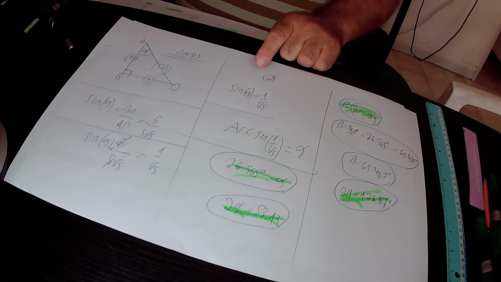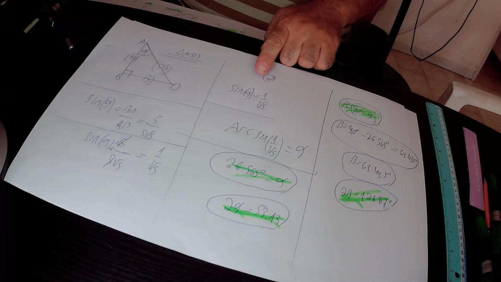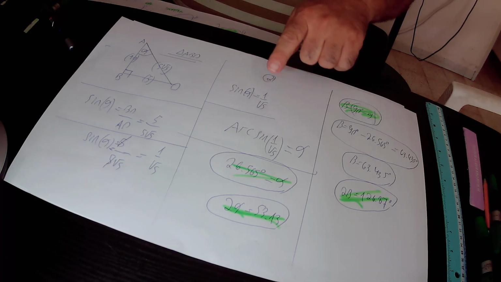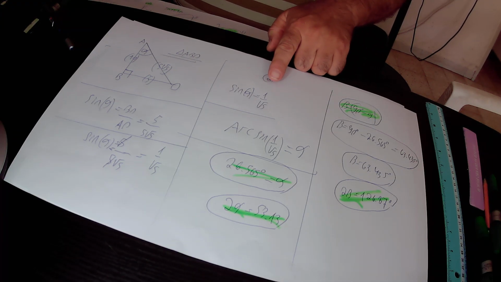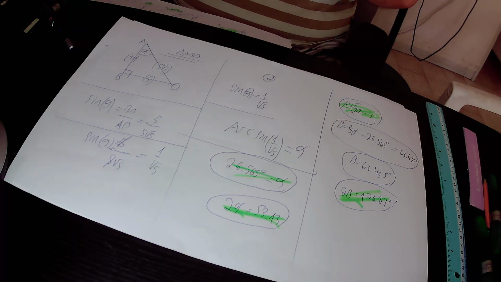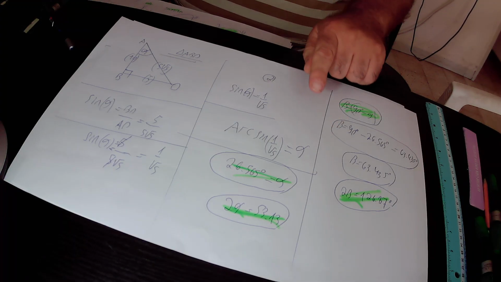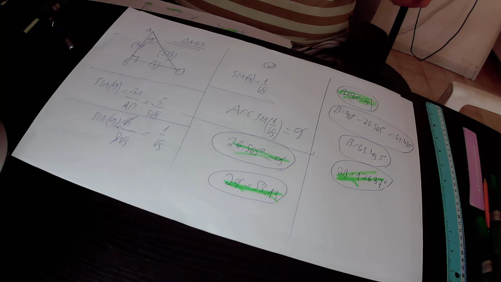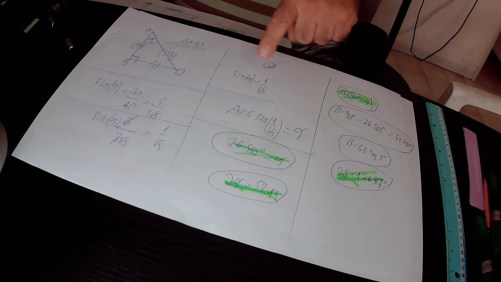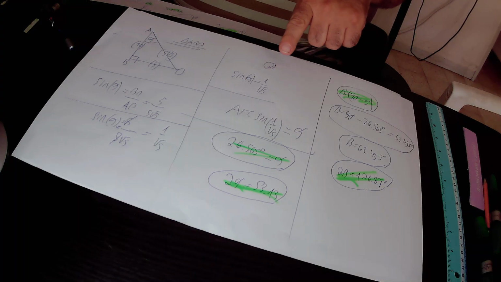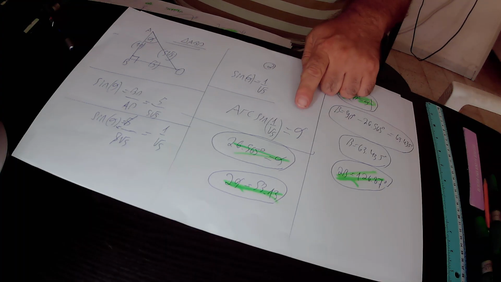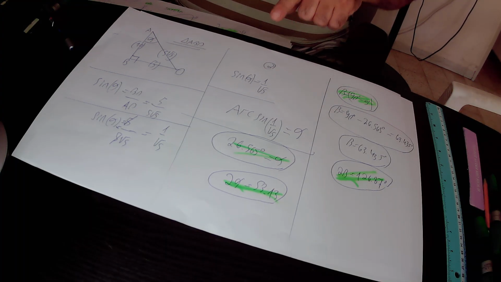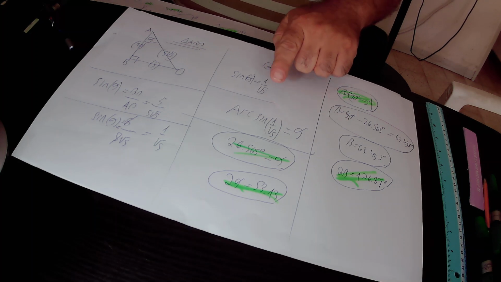Our task is to find out the value of angle alpha itself. In order to find the value of angle alpha, we'll apply the opposite function of sine, that is arc sine, on the result of sine alpha, that is 1 over square root of 5. In this way, we get the value of alpha itself, the size of angle alpha. So the opposite function of sine is arc sine. We applied it on the result of sine alpha, 1 over square root of 5, and this will be equal to alpha. Arc sine 1 over square root of 5 is